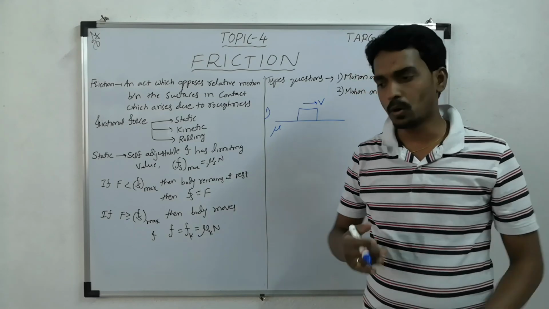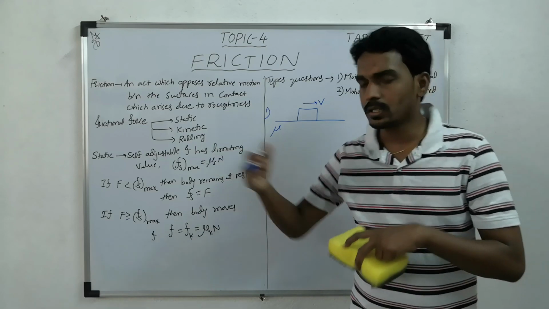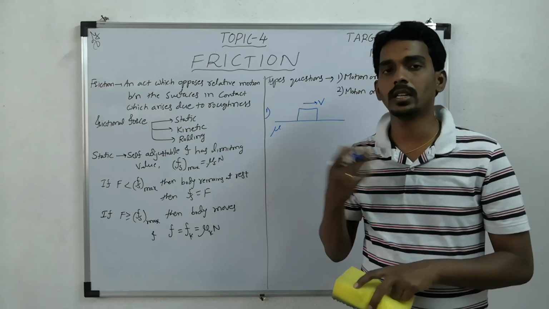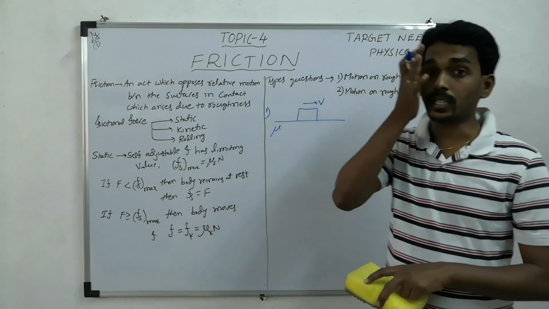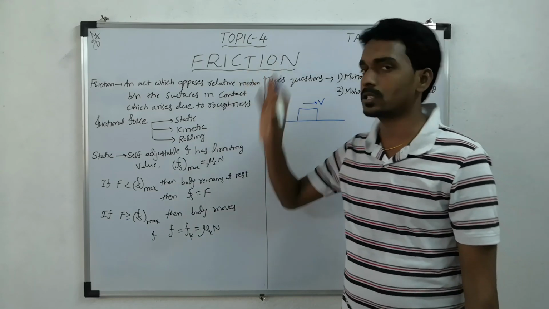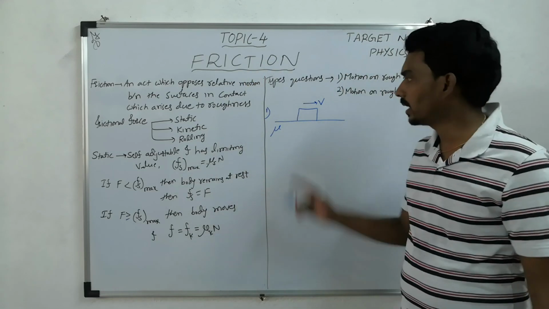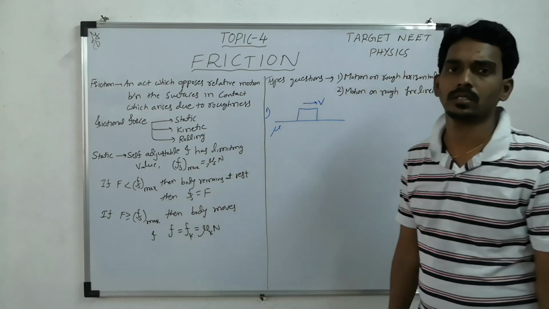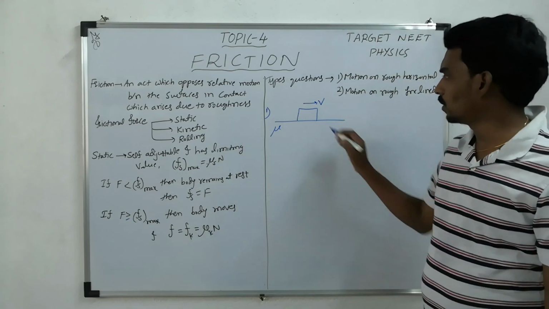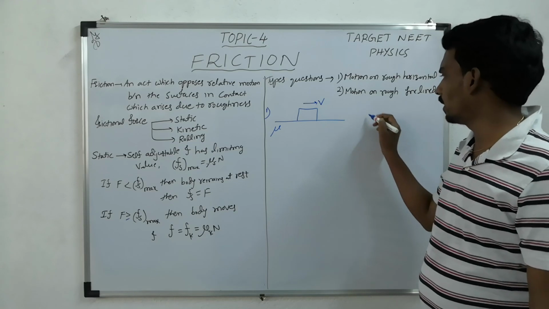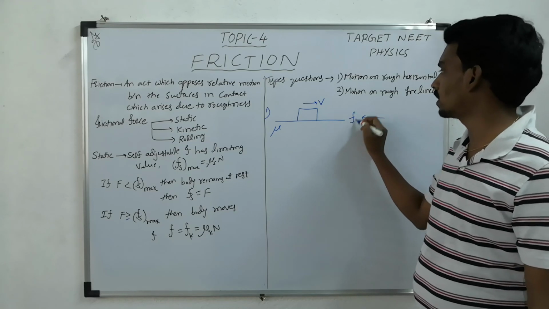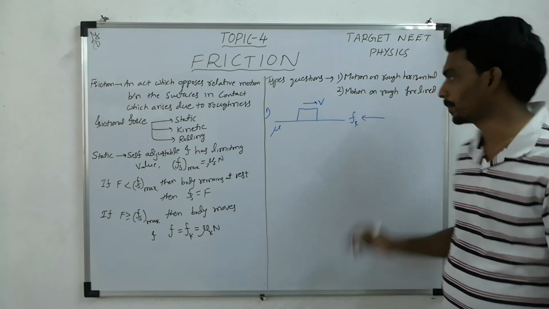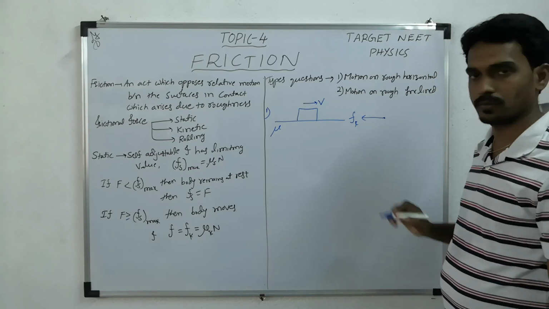And why is the body coming to rest? When does the body come to rest? When there is a deceleration. And what produces that deceleration? Frictional force. Here the body is sliding, so what frictional force will be there? Kinetic frictional force. If you draw the free body diagram, the only force which opposes the motion is Fk. There is no force in the direction of motion.